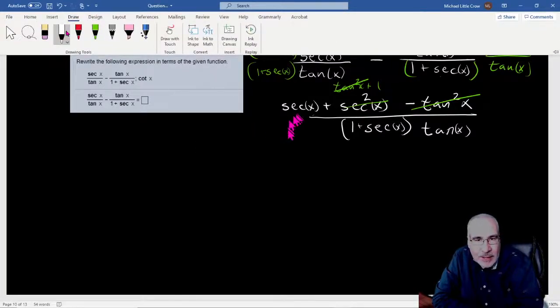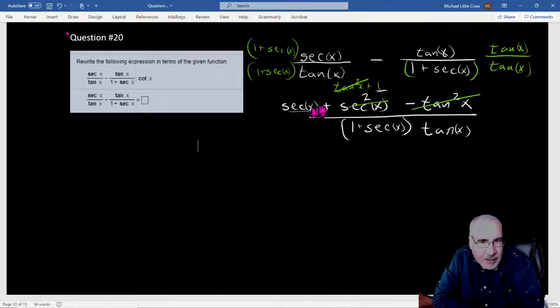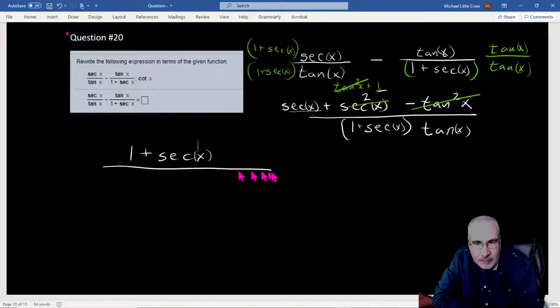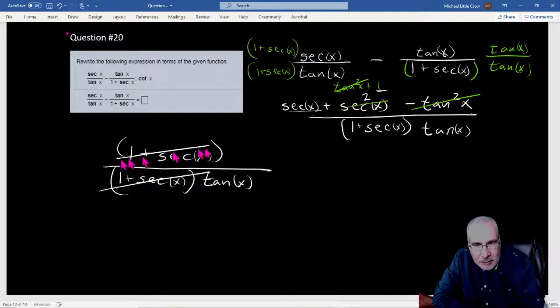Let's go back to white. So all that's left in the top is secant x plus 1, so I'm going to rewrite that as 1 plus secant x. In the bottom, I've got 1 plus secant x times tangent x, and now is the time where it says, oh, that was very wise, little crow, that you didn't multiply out, because now these cancel. Remember, this divided by this is equal to 1. So what's left is 1 over